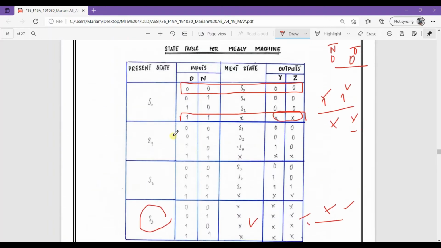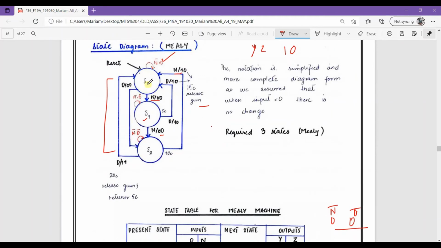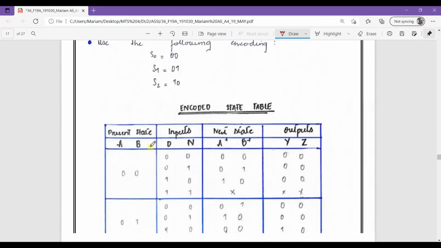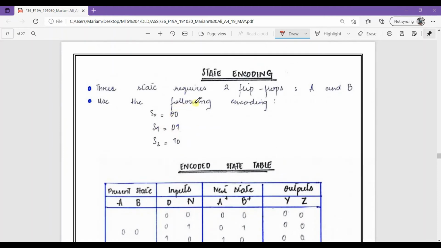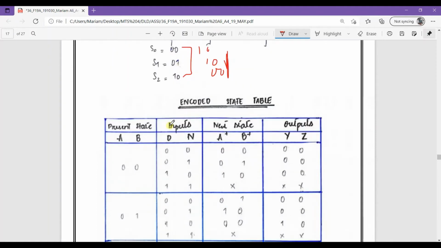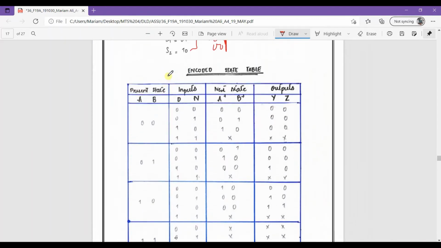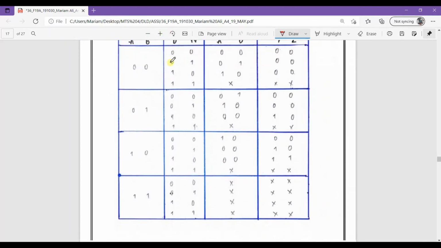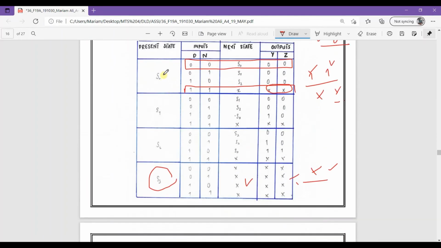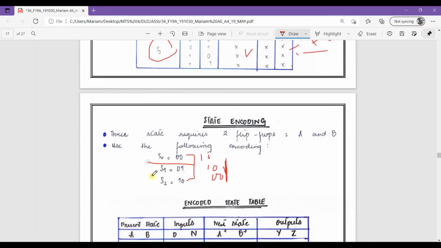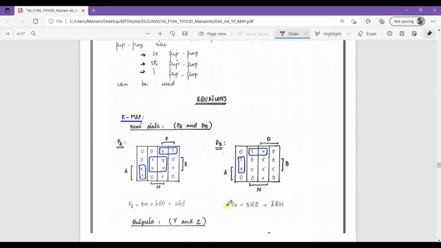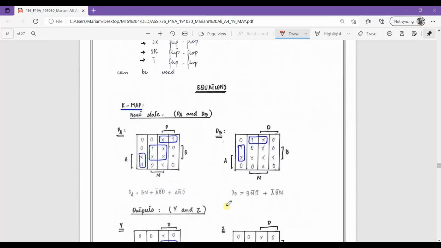Further, as I already said, in the Mealy machine I have 3 states S0, S1 and S2, as I defined here in the encoded form as 0 0, 0 1 and 1 0. This encoding can be changed, like 1 0, 0 1, 0 0, or we can change that, but accordingly our state table is going to change. So we just encoded it, like if you put S0 as this, and provided here, further we are going to get this.